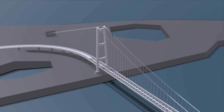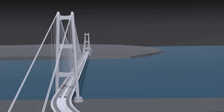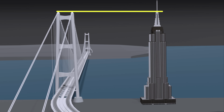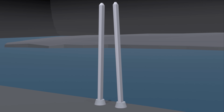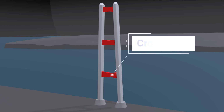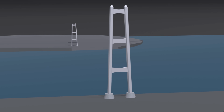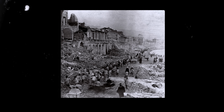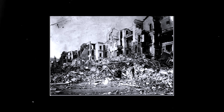This is why the two towers of the bridge have massive concrete foundations. The towers rise to a height of 382 meters. For height comparison, the towers will be as tall as the Empire State Building. The towers are made of prefabricated steel sections for easy construction, connected by 3 crossbeams, with the shape optimized for better aerodynamic performance. The towers will give the bridge a strong footing and will sustain large seismic activities of 7.5 in magnitude, which is higher than the highest recorded earthquake in the area that happened in 1908 with a magnitude